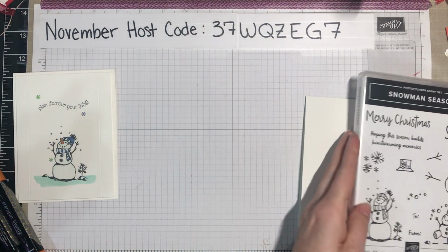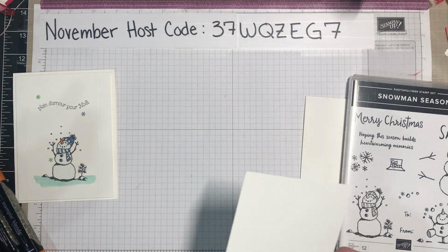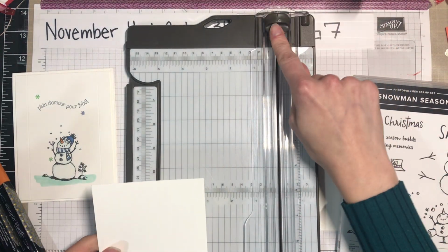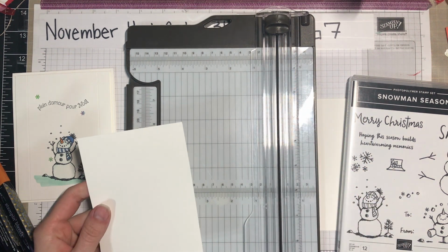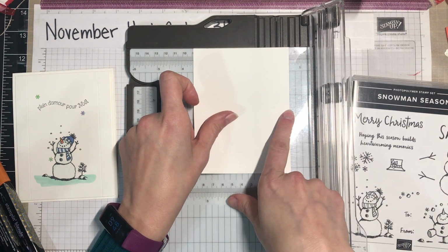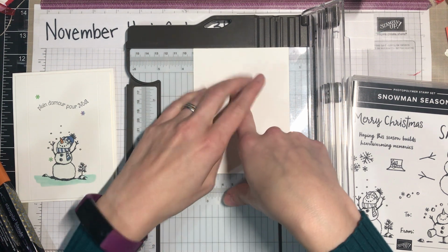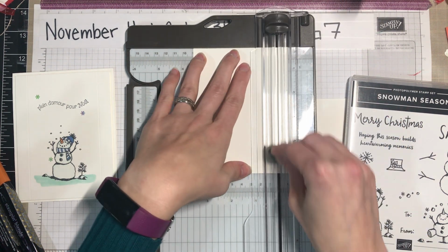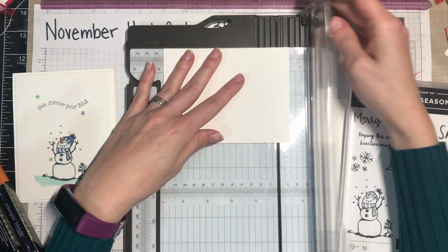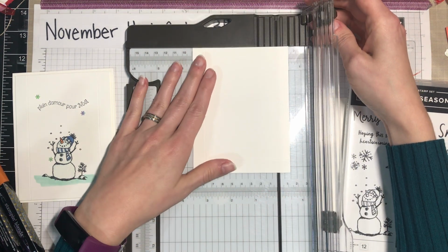So before you do anything else, if you have a scoreboard, you can use your scoreboard. If you don't have your scoreboard, or this one's just handier, I just use my paper trimmer. In my paper trimmer, move your cutting blade out of the way, but use your score blade and just line it up right here at the 1/2 inch mark. If it's easier, you can line it up on this side at the 3 1/2 inch, if that's an easier measurement for you to remember. But essentially just 1/2 inch, 1/2 inch, which on this side would be 4 3/4, 1/2 inch,